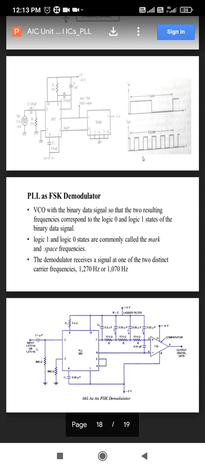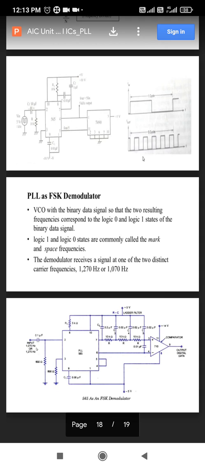That means the VCO output you connect to pin number 5, because it is needed for the phase detector. Now the low pass filter is constructed between pin number 7 and pin number 10. There is a capacitor C2. At pin number 7, an internal resistor is available, that is 3.6 kilo ohm. That is one of the components of the low pass filter. C2 you can select in the range of 1 microfarad to 10 microfarad.